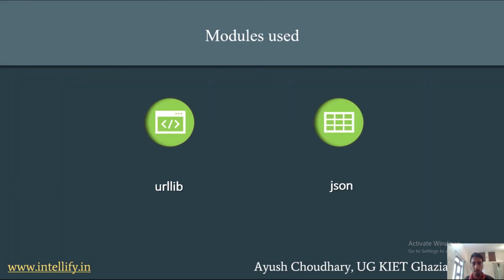The modules we'll be using are urllib and json. For making the request to a website we use urllib, the URL library, and the second one is json. JSON stands for JavaScript Object Notation, but we have nothing to do with JavaScript here; we will only be using the JSON file. This JSON file is quite like a dictionary. The one I just showed you on the website was a JSON object, and it looked quite like a dictionary. We'll be seeing that.